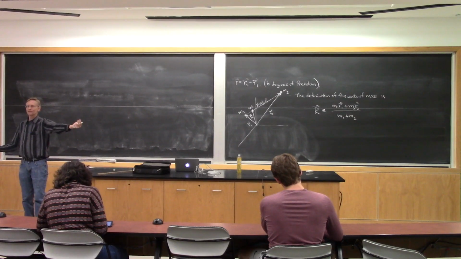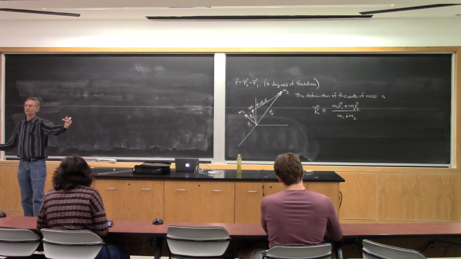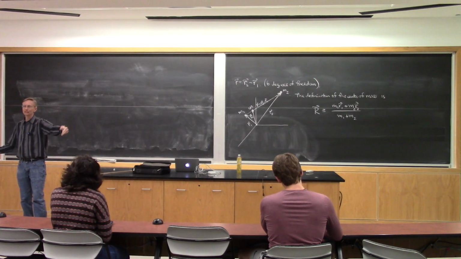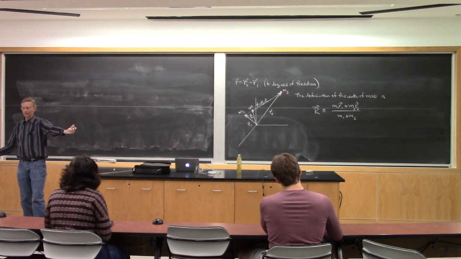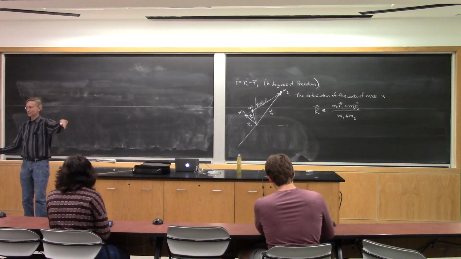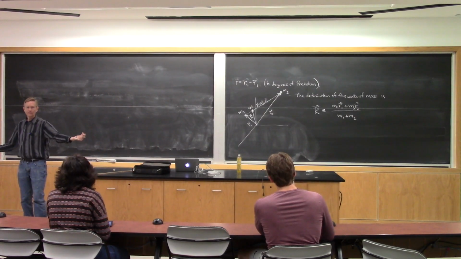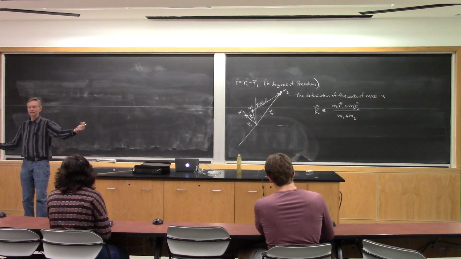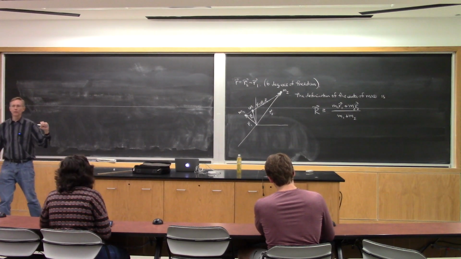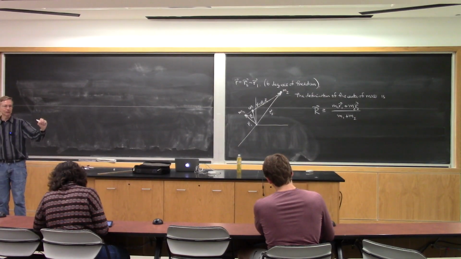No acceleration means the velocity is constant. Well, what is constant velocity motion? It means that both the direction and the magnitude of the velocity are constant. If the direction is constant, straight line. If the magnitude is constant, what do we call the magnitude of the velocity? That would be the speed. So straight line at constant speed is how something moves if it's got no net force on it. That's true for a single particle. For a system of particles, the center of mass exhibits that behavior.